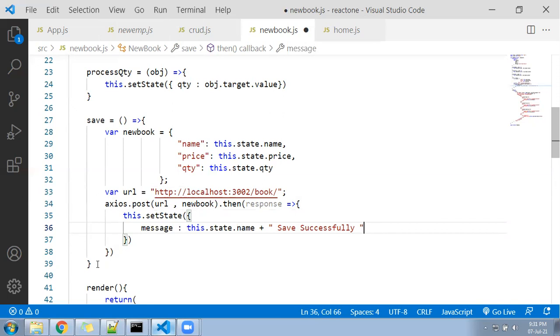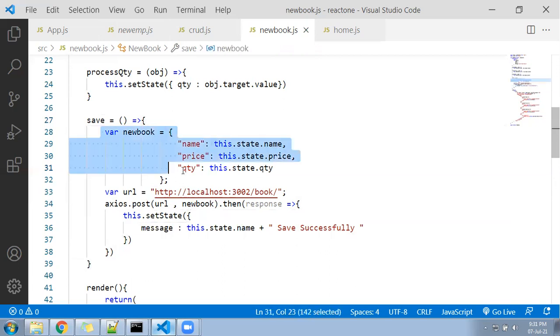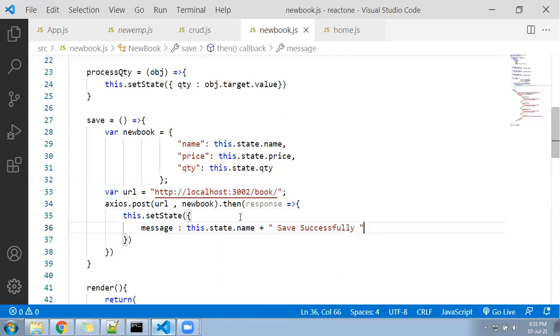So that's all. This API is ready and it is ready to post your data. See here, I created an array and this key is nothing but your JSON field. Whichever key you have mentioned inside the JSON, you need to write here. The right side is a state variable name, and this is the API where you are going to post the data. In axios.post, first is the URL, second is your JSON data, and after that the response will come. The response we are not capturing, we are keeping a hardcoded message saying book details saved successfully. Now let's go ahead and test it.